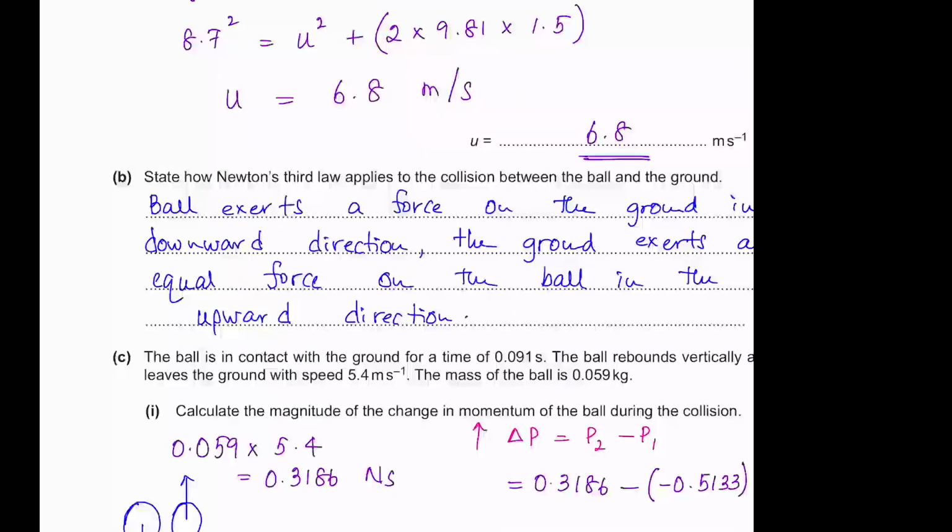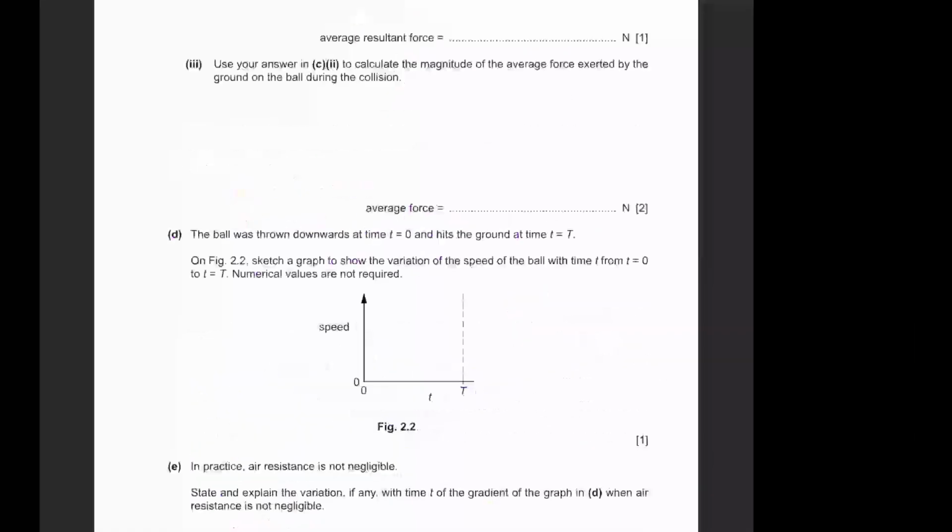Is that okay? So why did they give that the ball is in contact with the ground for 0.091 seconds? Maybe that is needed for the next part, not for this part. This part, I need to find the change in momentum, so you don't need to use the time. Okay. The next part,